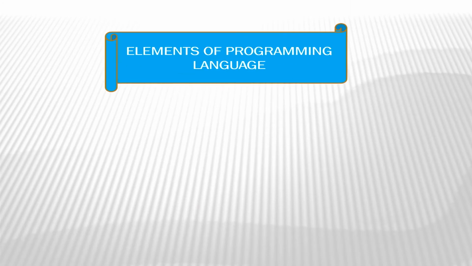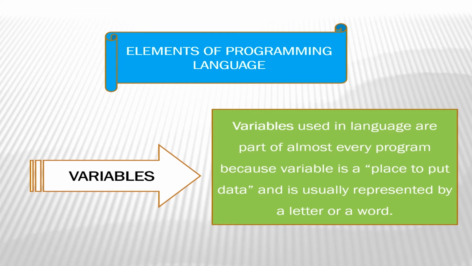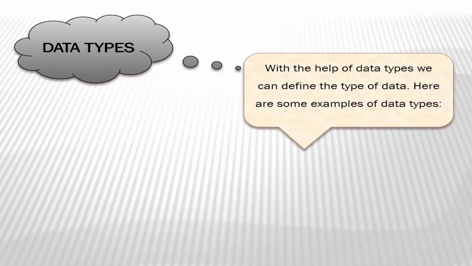All programming languages have certain features in common. Each program has a variable, which is a place to put data, and is usually represented by a letter or a word. Next, we have data types. With the help of data types, we can define the type of data being used in a program. Examples of data types include